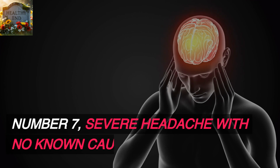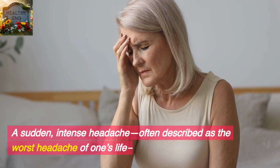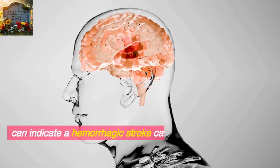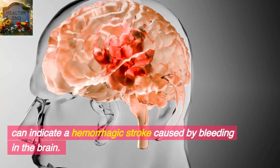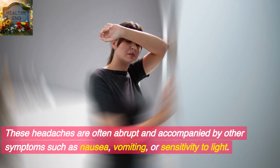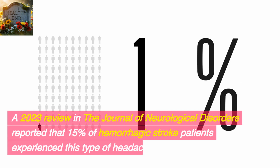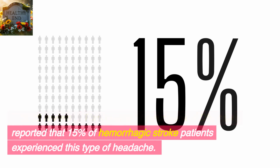Number 7. Severe headache with no known cause. A sudden, intense headache, often described as the worst headache of one's life, can indicate a hemorrhagic stroke caused by bleeding in the brain. These headaches are often abrupt and accompanied by other symptoms such as nausea, vomiting, or sensitivity to light. A 2023 review in the Journal of Neurological Disorders reported that 15% of hemorrhagic stroke patients experience this